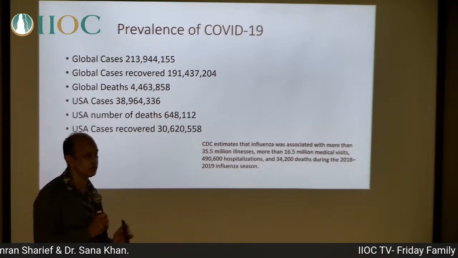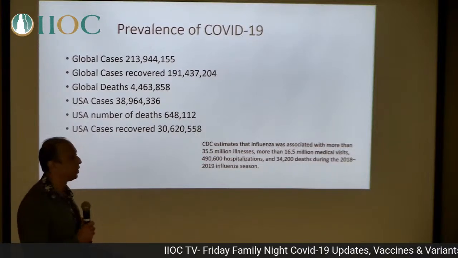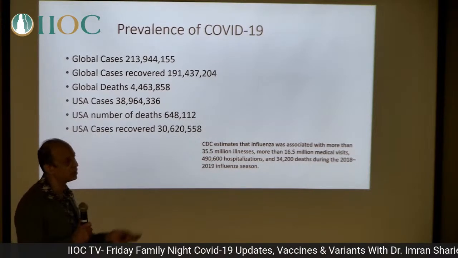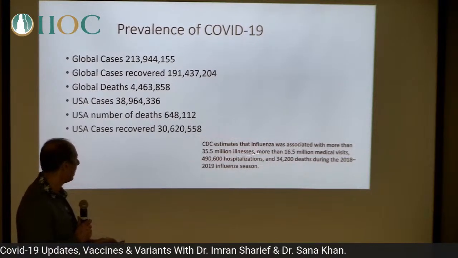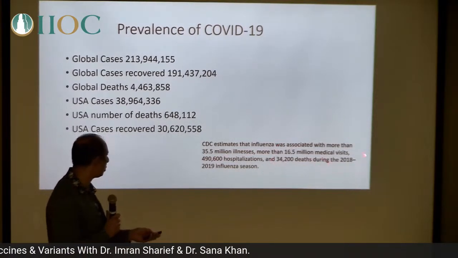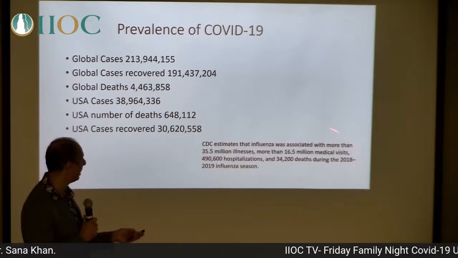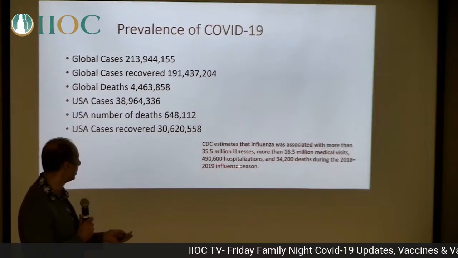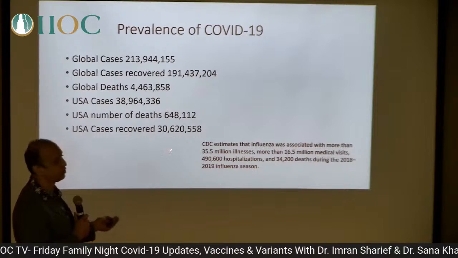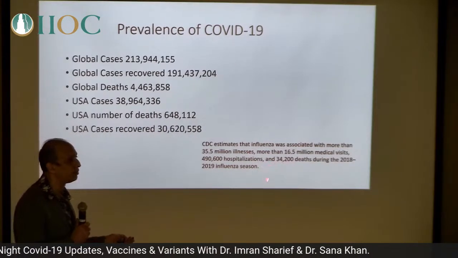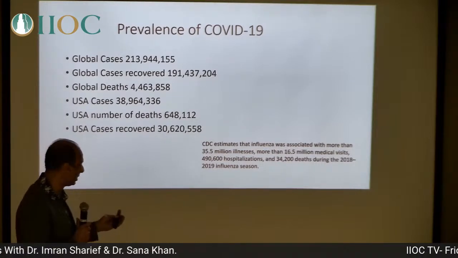If you want to understand this disease, you need to compare it with influenza, which we see all the time, right? Every year you get the shot, because we are all concerned that you can get very sick, you can die. So what are the numbers for influenza? This is from 2018 and 2019: 35.5 million illnesses, 16.5 million medical visits, 490,000 hospitalizations, 34,200 deaths. Look at over here, 650,000 deaths and 35,000 deaths with flu. So there's no comparison between COVID-19 and flu. This is a deadly virus.